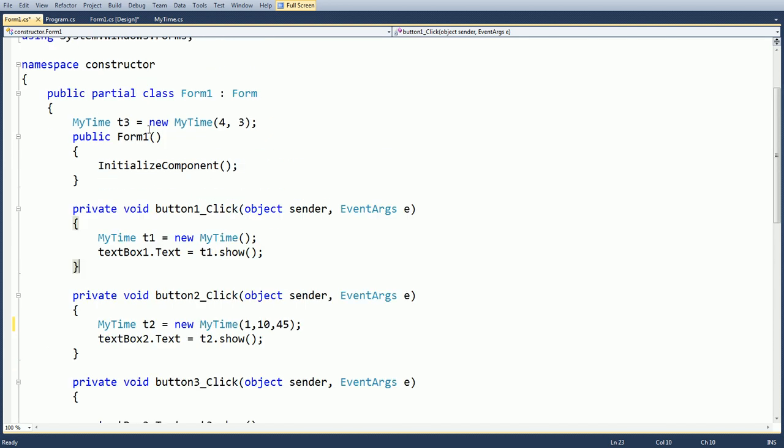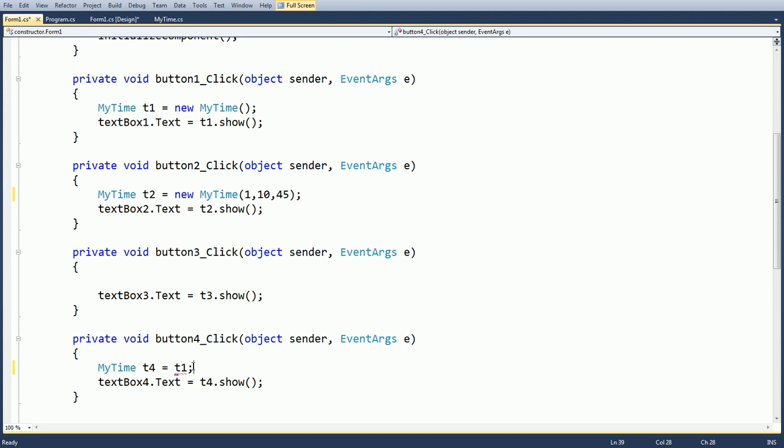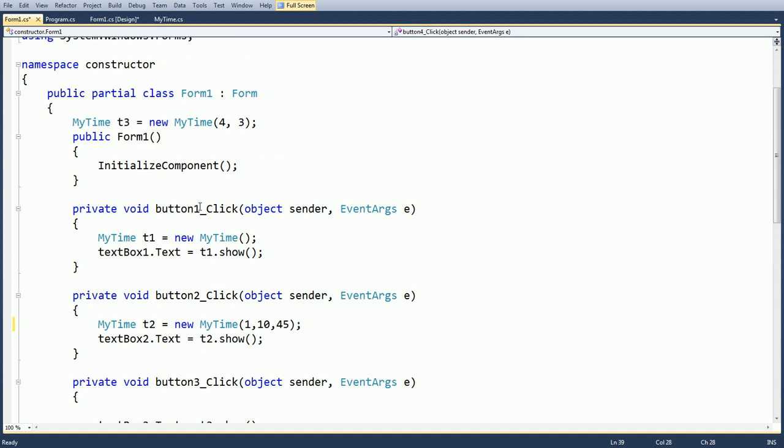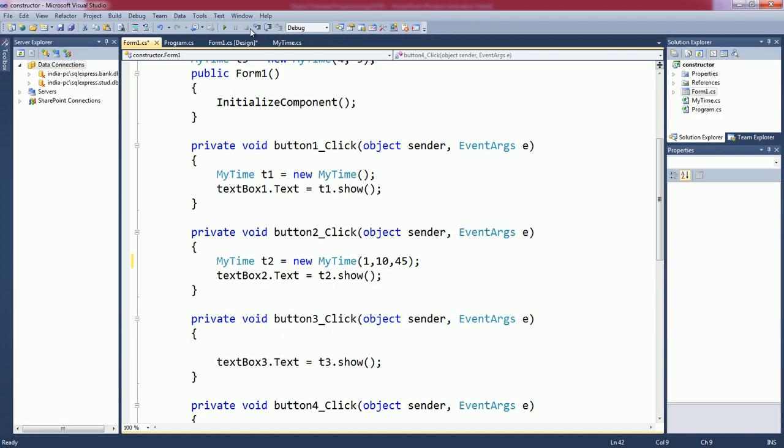Then you have to write a global object, so write object 3 here. If we declare all these constructors under a single button, then you can initialize object 4 with any declared object, or we have to use object 3 only because object 3 is globally declared.